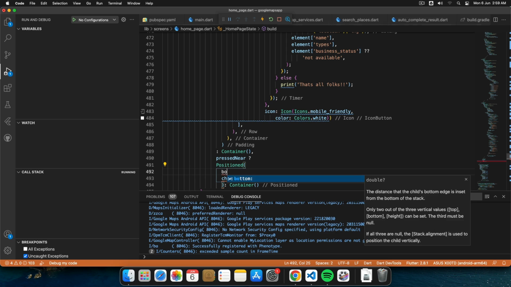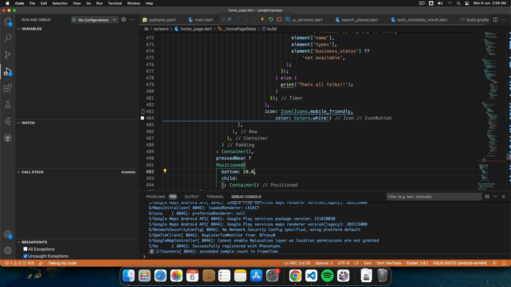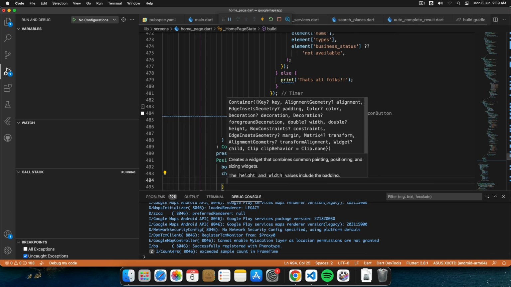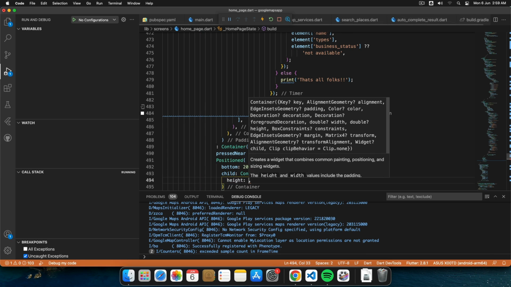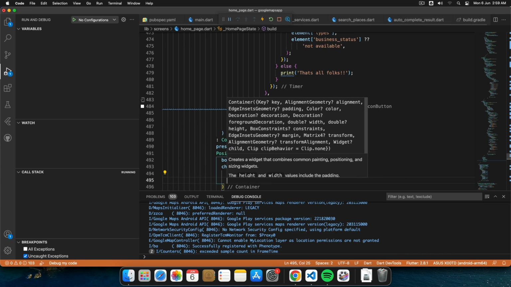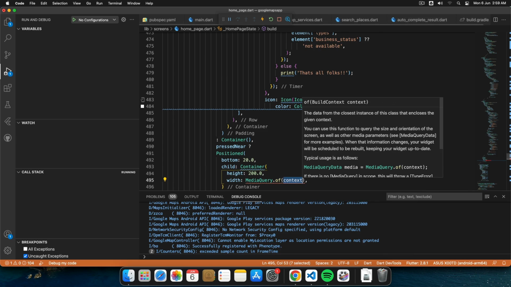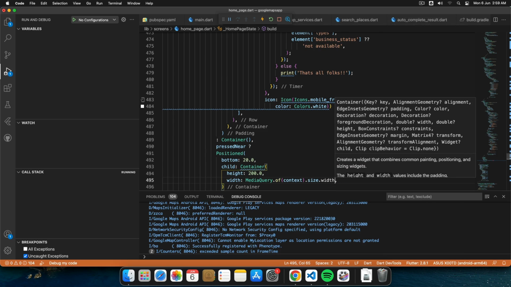I'll just give bottom 20.0, and then the child would be container height 200, width media query dot of context dot size dot width,